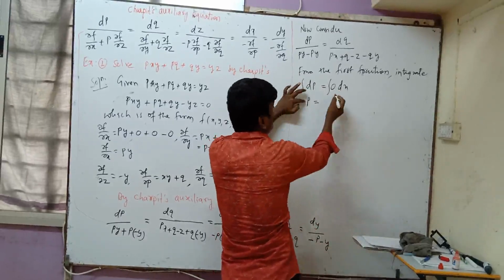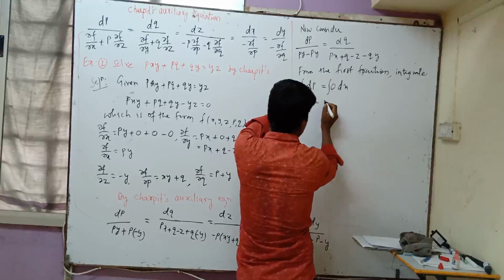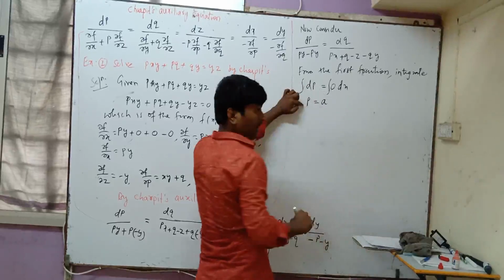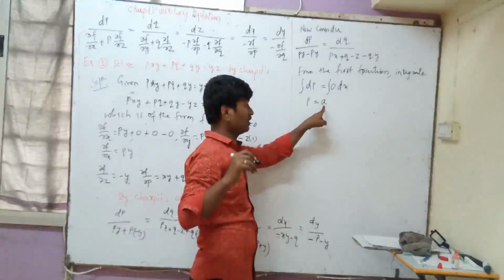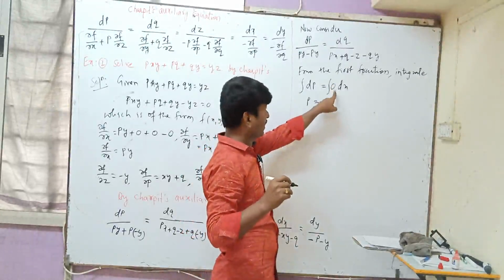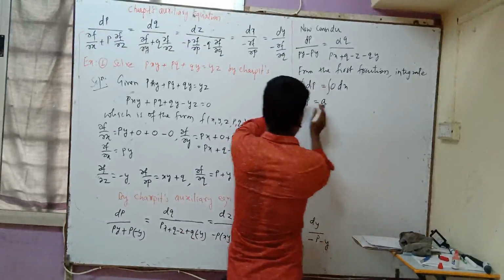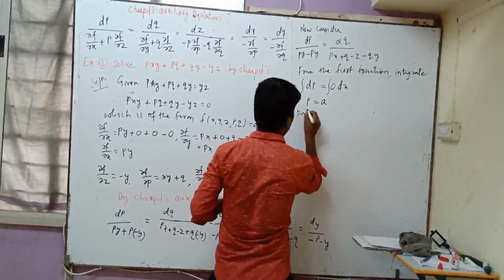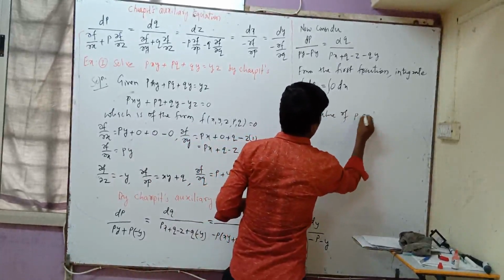Many students write this answer as 0, but it is not 0. Its answer is a constant. I may take that constant as a. Integration of 0 is a constant, because the differentiation of a constant is 0. So p is equal to a. After getting the value of p or q,